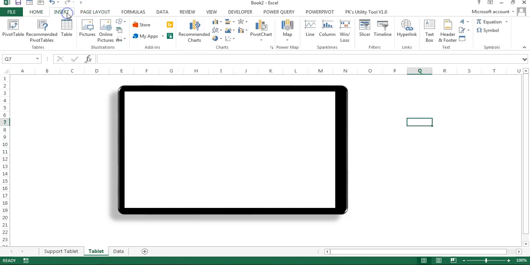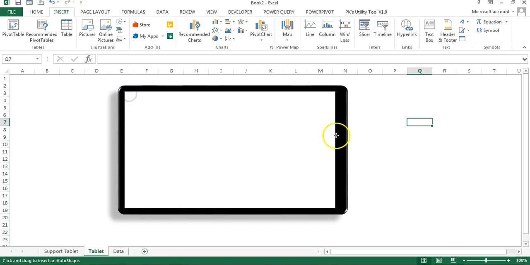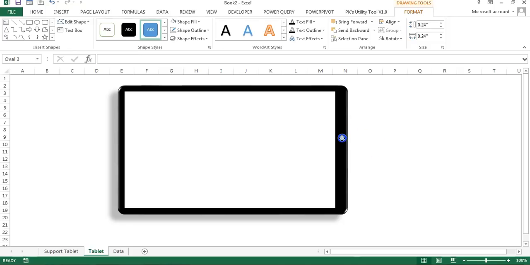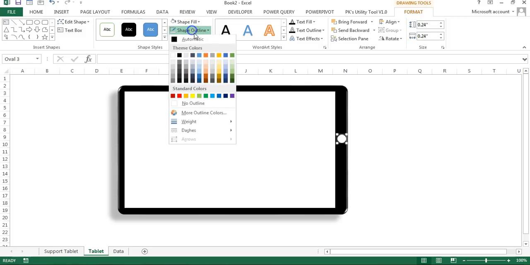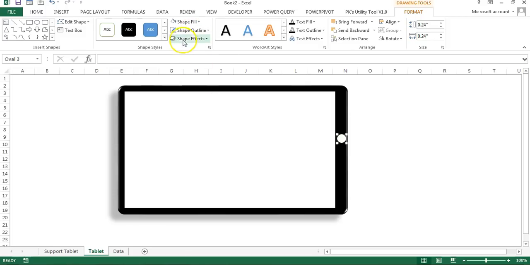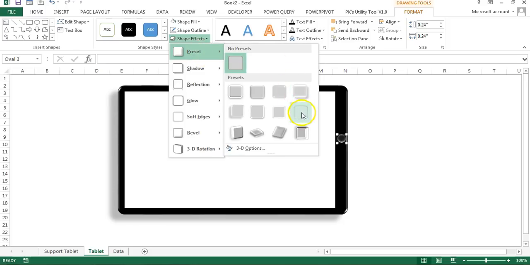Now I'll go to the insert again, and this time I will take an oval shape from basic shapes, this one, and just drag a small oval like this, and just keep that oval here. I'll fill here white color, this one, and shape outline I'll choose no outline. I'll go to the shape effects, then I'll go to the preset and I'll choose this preset, which is preset 8.